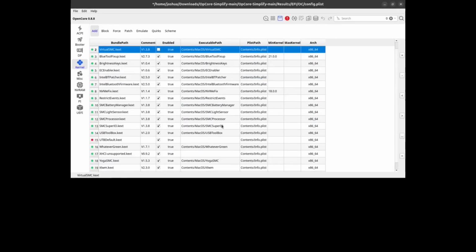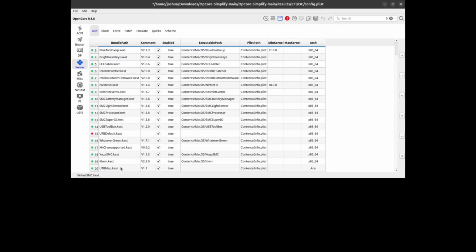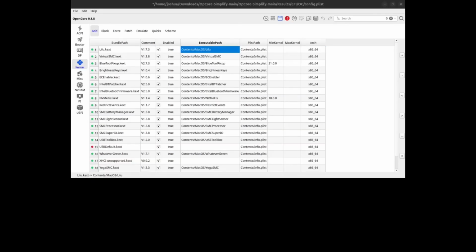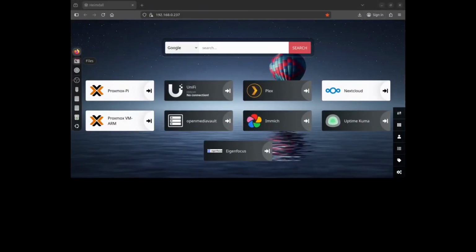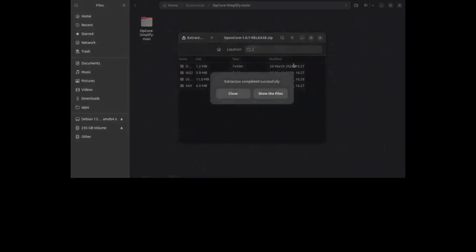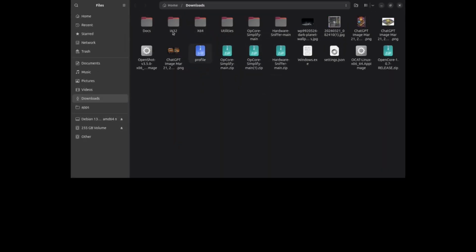So after we've added our kexts, now we should actually be removing a kext here, but basically we're done here now. We can go ahead and click save, and then we can close the application. Then we can open our files, and we need to download some stuff, which honestly I don't know where I found it. I was watching some tutorial online, but